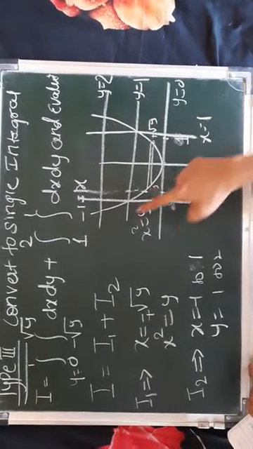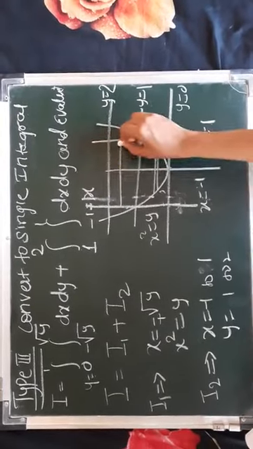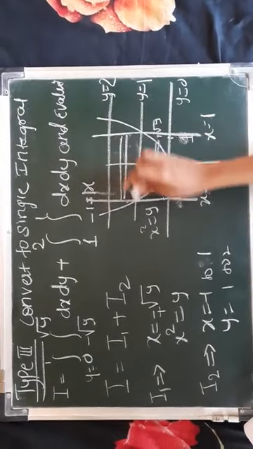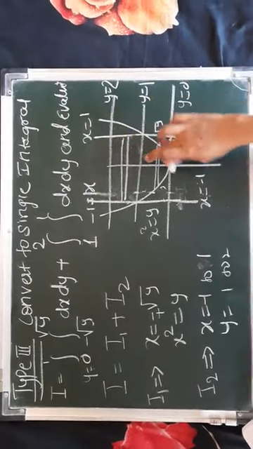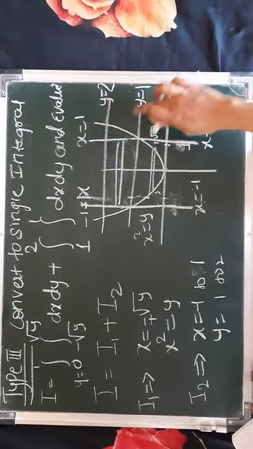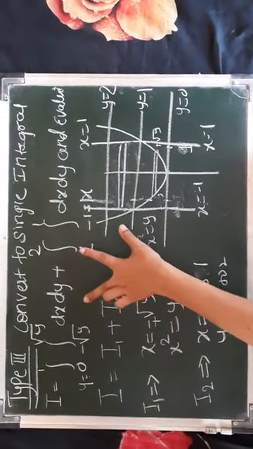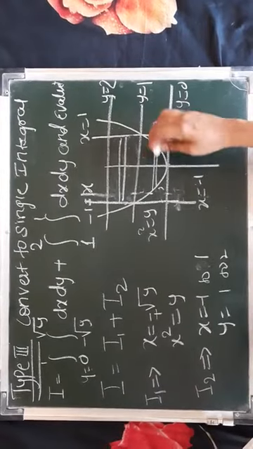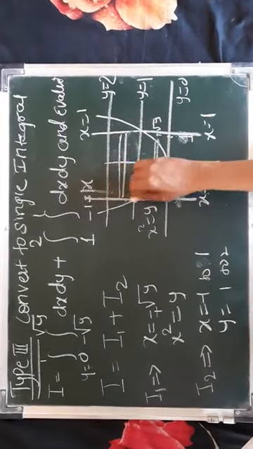So what is the region for the second integration? This part. If I consider here also a horizontal strip, you just see the lower limit is x is equal to minus 1, the upper limit is x is equal to 1, and y is from 1 to 2. So this is the second integration. So why are you getting two integrations? Because there are two subparts for the area which you have to find. So this is the area which you have to find.